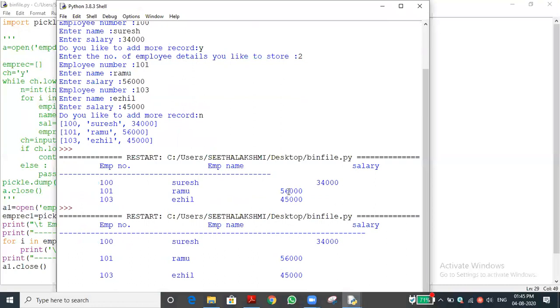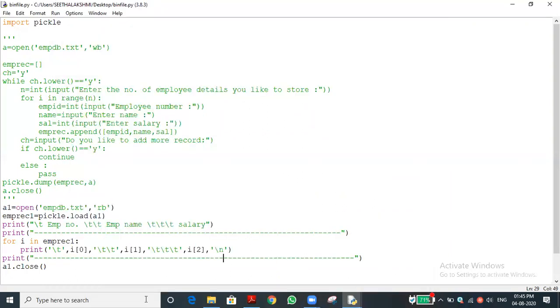One minute. Okay, 34 alone is coming differently, no? The rest of the things, name is okay. Let me check how the data is stored. Salary, we got it. Sir, after Ramu 12 spaces is different from after Suresh 12 spaces, no, sir? Even the salary is a little bit off, sir.